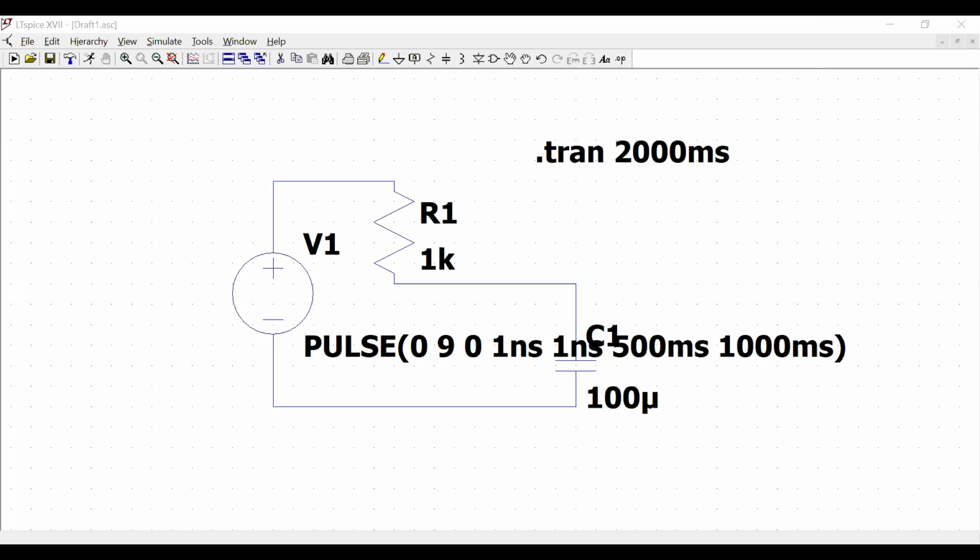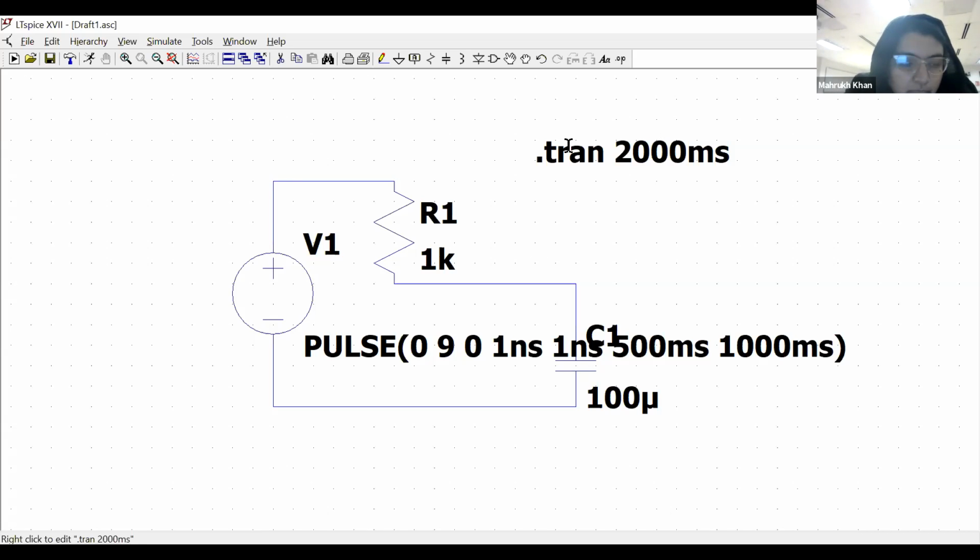The value of RC, R multiplied by C. It's 0.1. Yeah, okay. It's 0.1, right? Yep. So 0.1 means 100 millisecond,